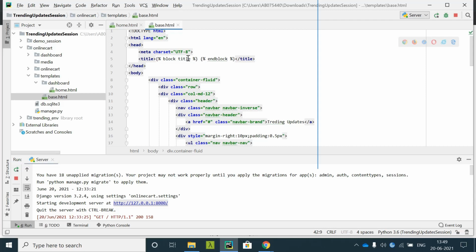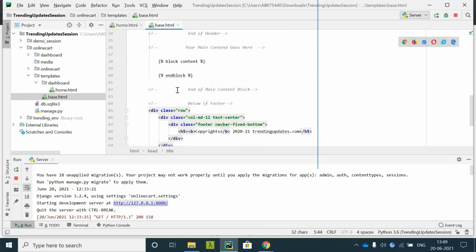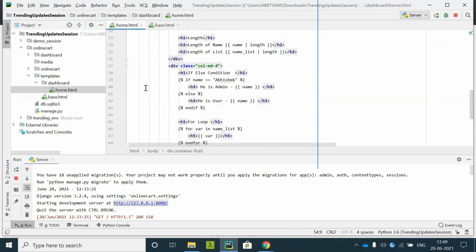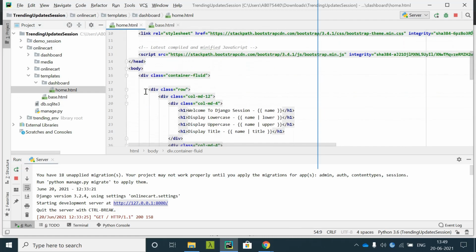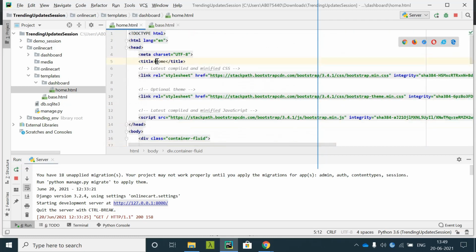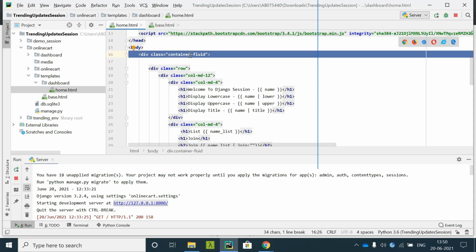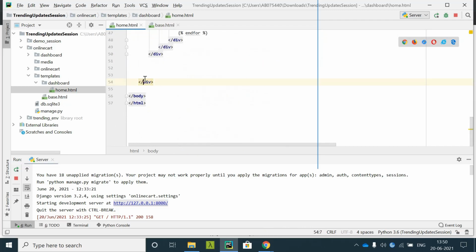Okay, I have added the title, and I'll copy this, and then block content and end block. So go here, and inside title, I'll just say home. And I don't need this container fluid because this is already available in my base.html file.